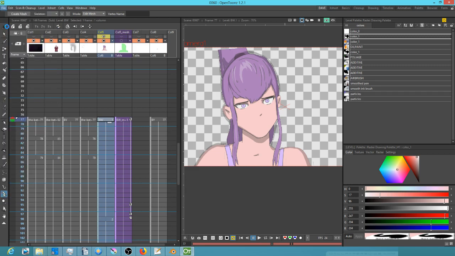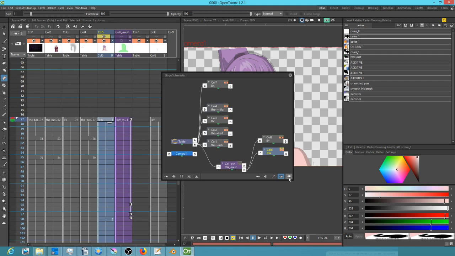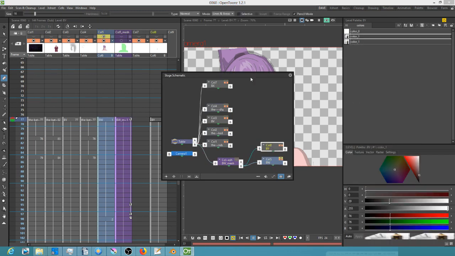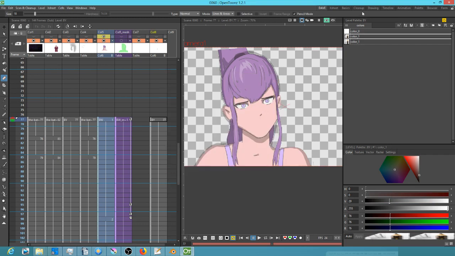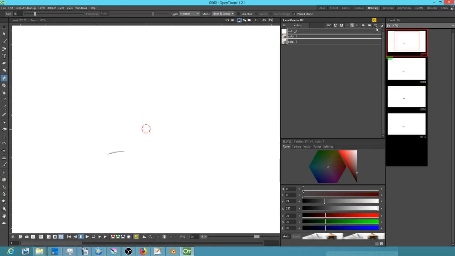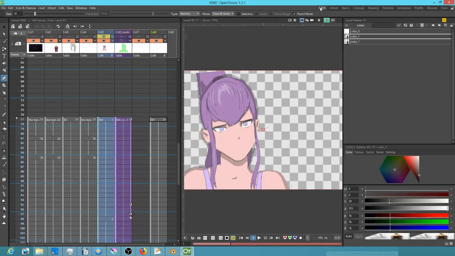So I'm going to go ahead and save my scene again. I'm always saving frequently just to be safe. And then what I want to do is hit the eraser. And before I can do anything with these drawings, I've got two choices. I can either hit F3 and disconnect the drawings from the plastic tool, or in this case probably the better choice would be just to go to the drawing interface. As you can see, okay, sorry, that's the wrong level, so let's go back here. We want this level,